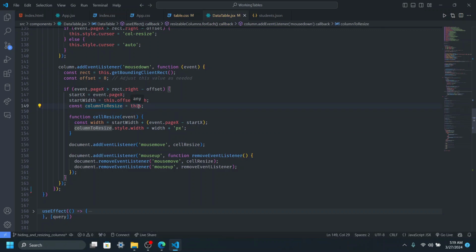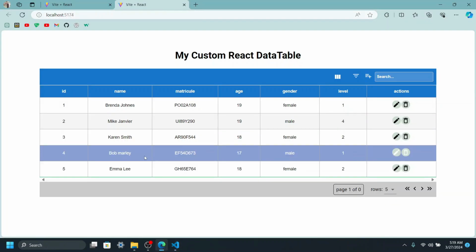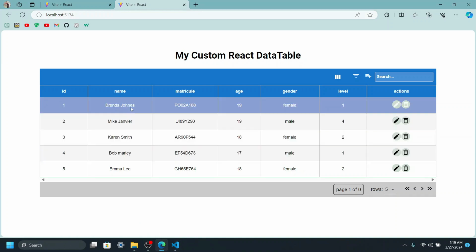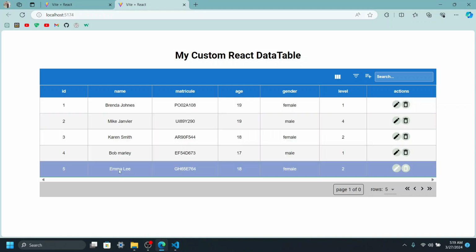This happens because the default behavior of an HTML table is that when you give any TD on that table a width, then all other TDs on that column are going to take the same width. So over here on the table, if I give this TD a width property, then all its sibling TDs,